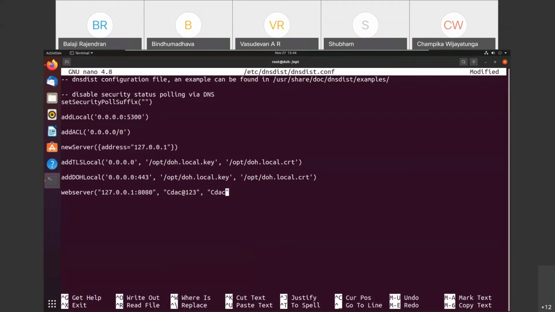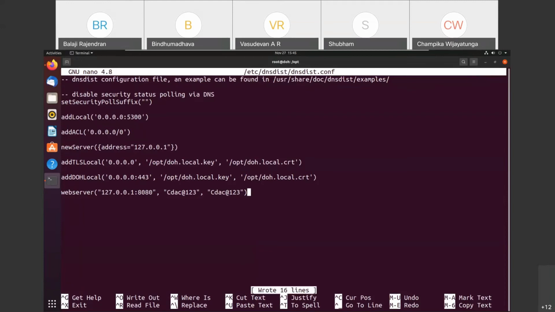This DNSDist also responds to queries from REST services, so for that, the API key has to be written here. If we use the API key, we can query using the API provided by DNSDist. So this last line is just optional. I want to check the queries and statistics through a web interface, so for that, I have added this.